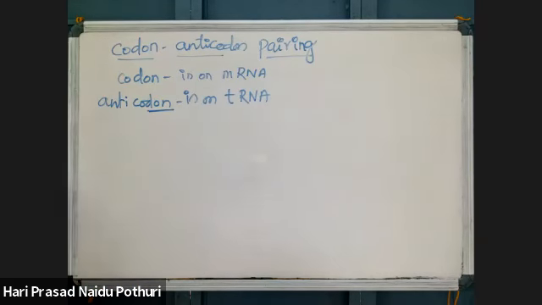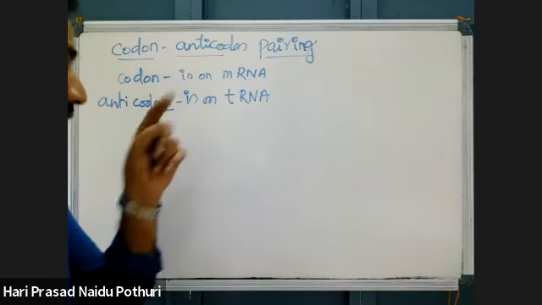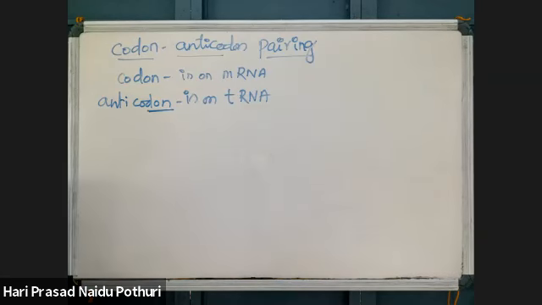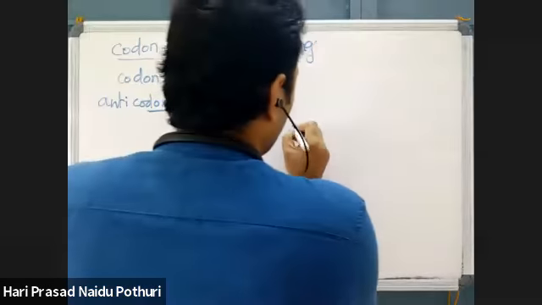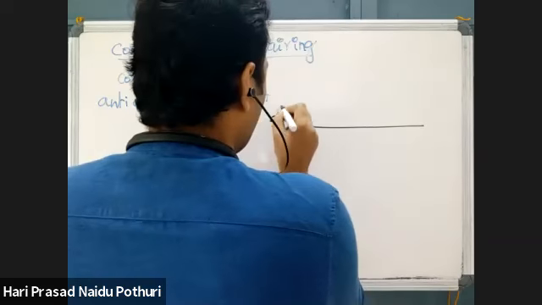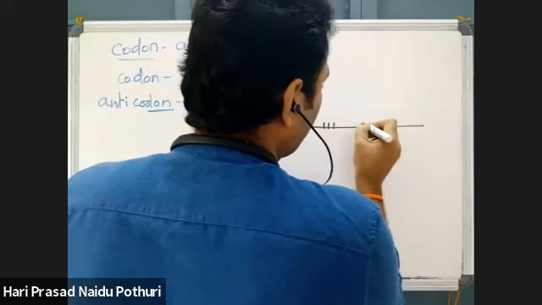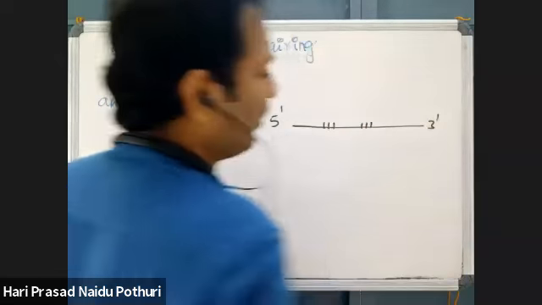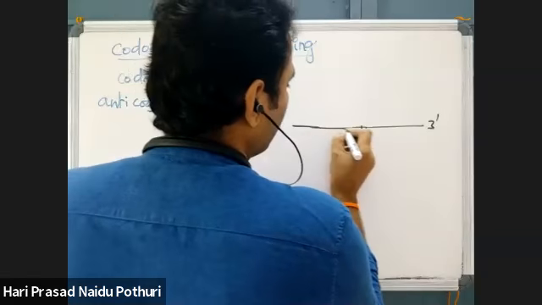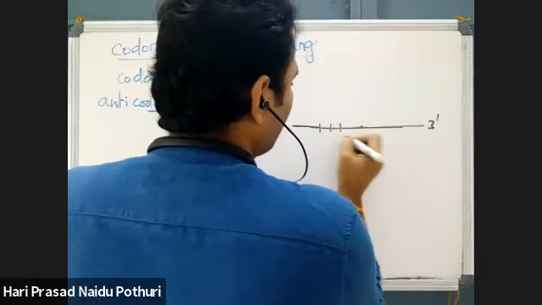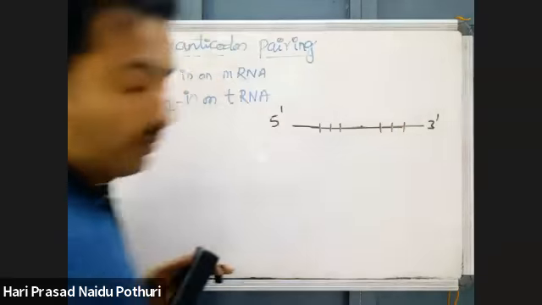With that anticodon, which is present on the anticodon loop, it will combine with this codon on mRNA. Okay, now we will see an example, a small structure. I told you every time, codon or anticodon should be written in 5' to 3' polarity only. Codon or anticodon, whatever it is, we should write them in 5' to 3' polarity.